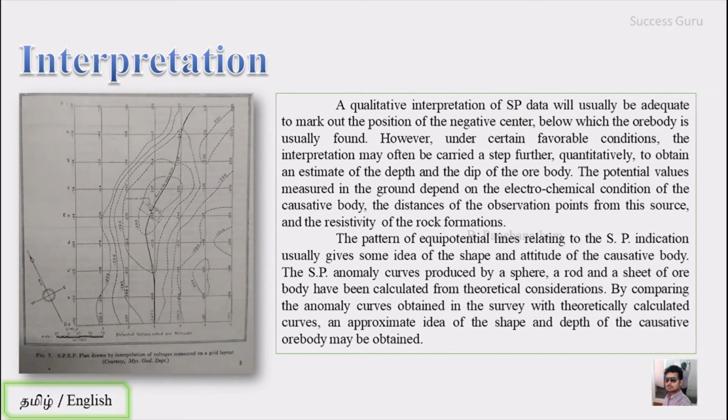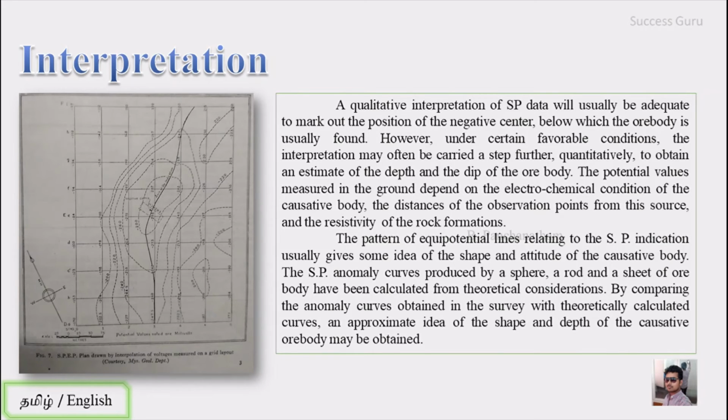The potential value measured in the ground depends on the electrochemical condition of the causative body, the distance of the observation point from the source, and the resistivity of the rock formation. The equipotential lines relating to the SP usually give some idea of the shape and attitude of the causative body. The SP anomaly curves produced by a sphere, a rod, and a sheet of ore body have